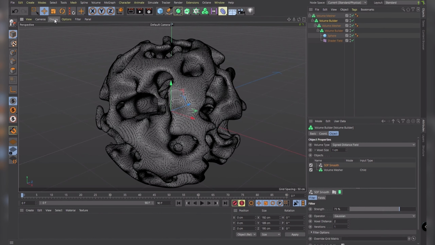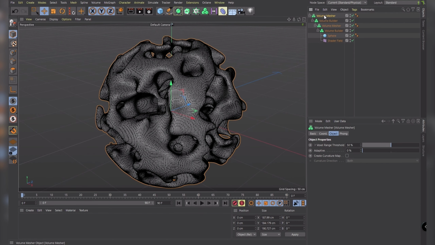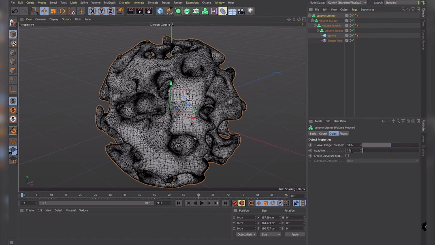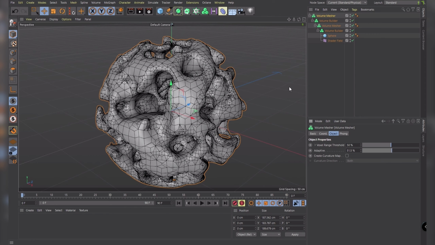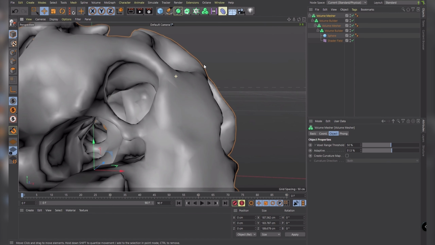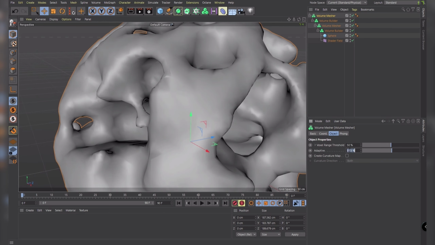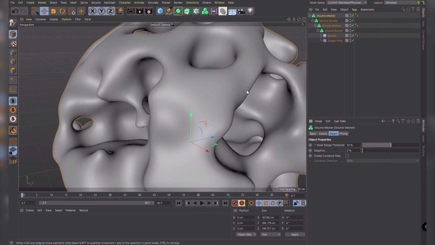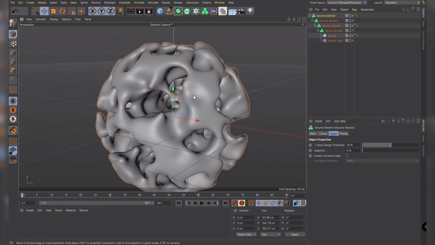This is okay for me for just this single file. But if you have a lot more stuff going on, this may become a bit heavy. So what you could do optionally is going in the volume mesher and setting this adaptive value to something like just even 1%, and that gets rid of a lot of polygons. But you can push this as far as you want. But you will also notice we get some of these not so nice looking polygons. So I'm just going to keep it at 0 because my computer can handle it right now.